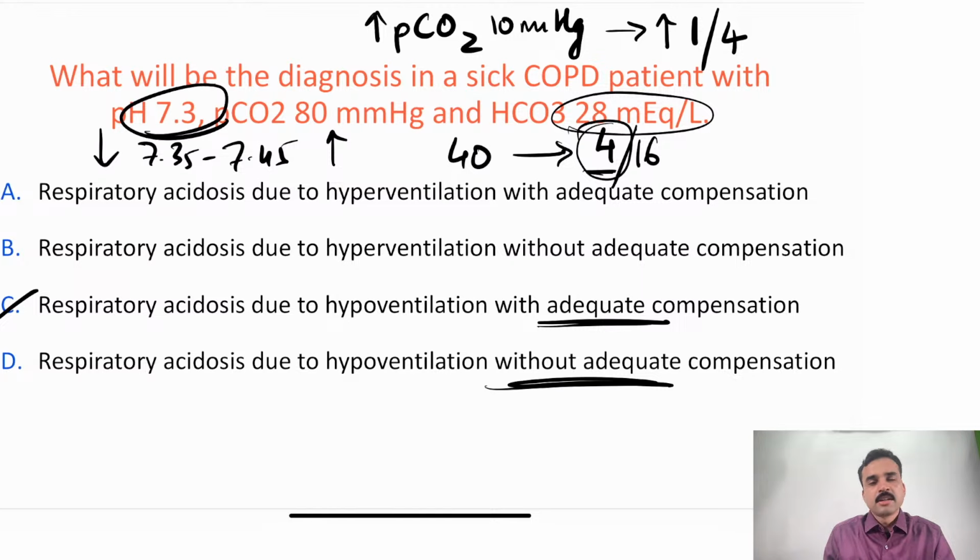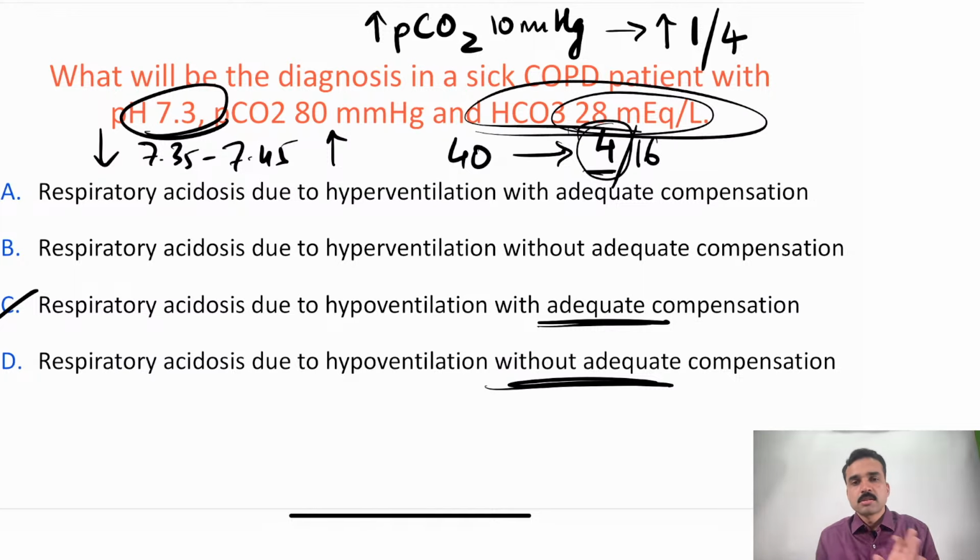7.3 becomes tricky since it's not normalized. We have to now decide whether the bicarbonate values are somewhat as expected or not. So in this case, because they are coming close to what was expected. Yeah, Dr. Vishma is asking, since it's chronic, so we don't know. If they mentioned sick, it probably means there is an acute component. So in an acute component,